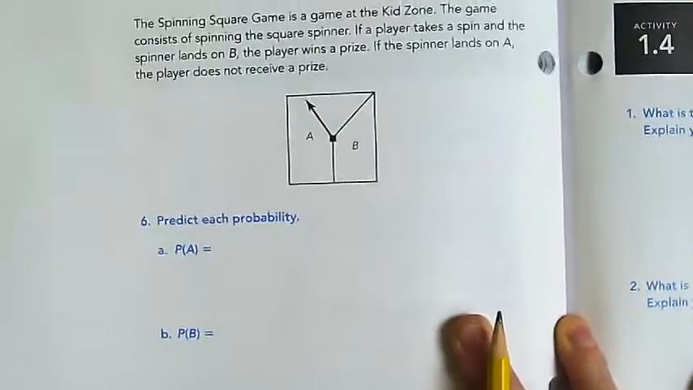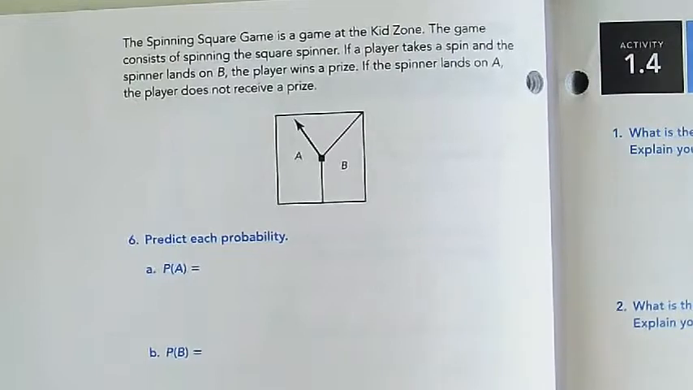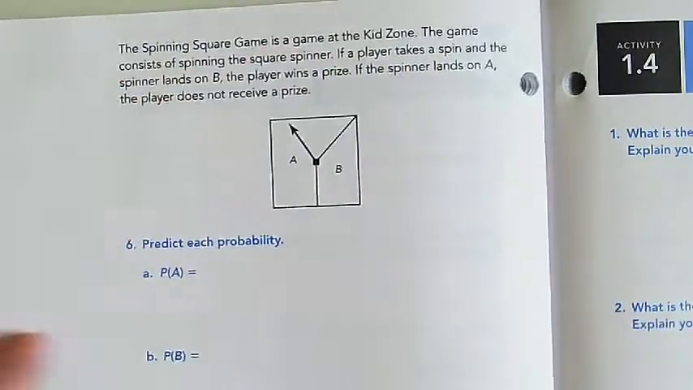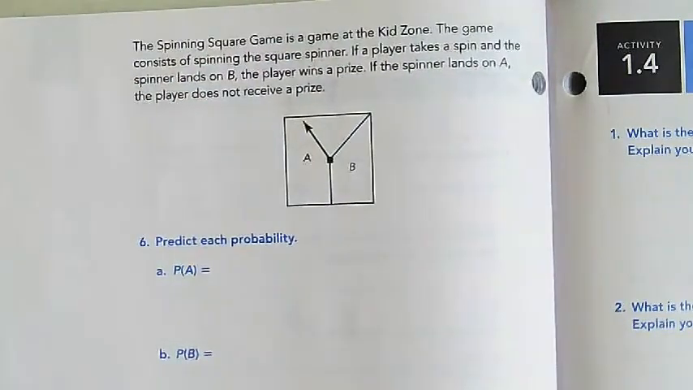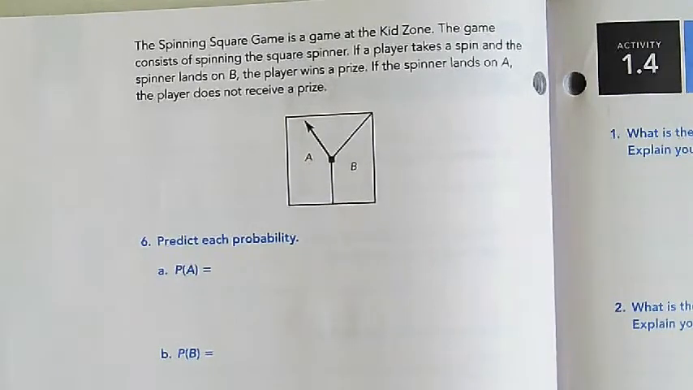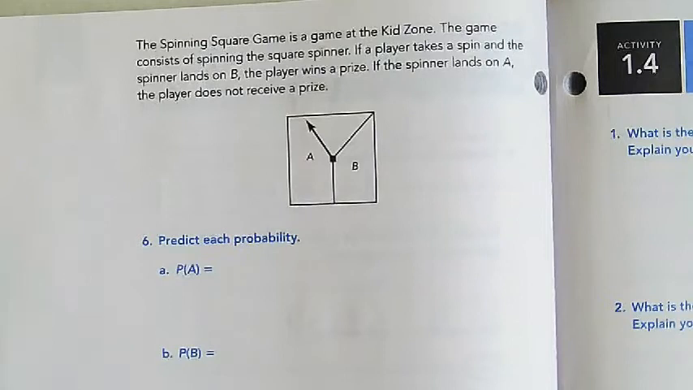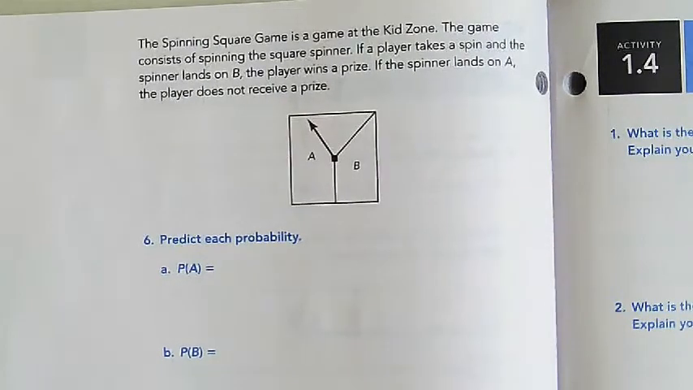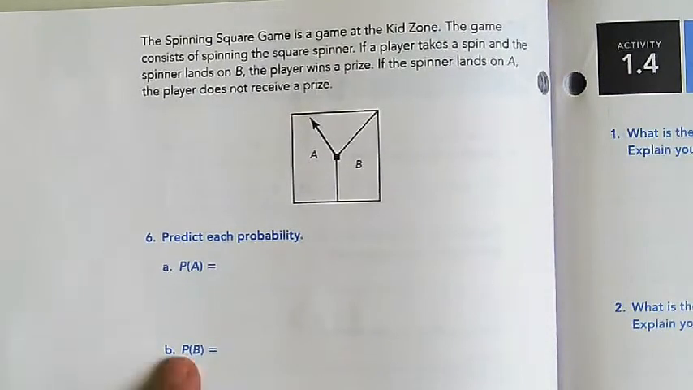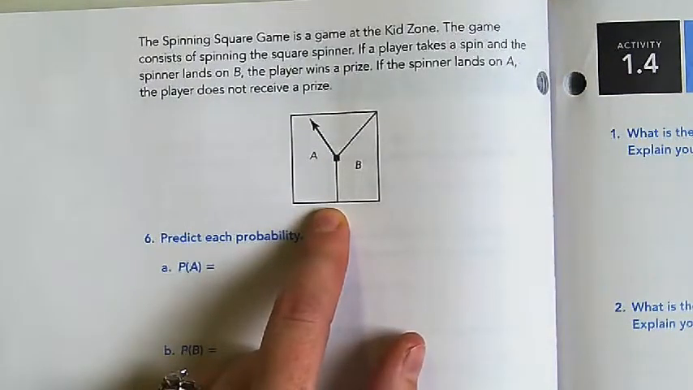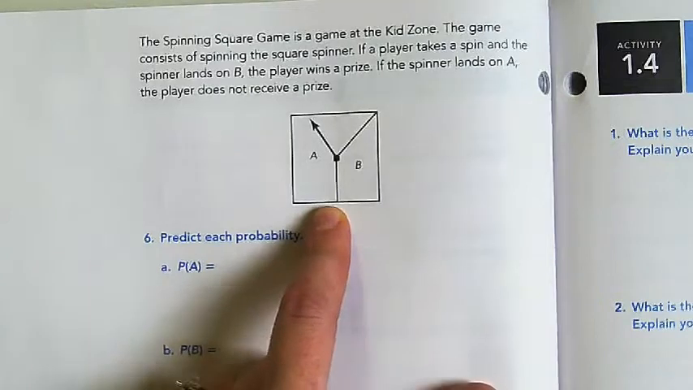Real quick, before we talk about activity 1.4, there is something that you need to know about spinners. Spinners have to be fair spinners before you can find the probability of them. What I mean by that is that all the sections on the spinner have to be the same size. So if we look at this spinner,